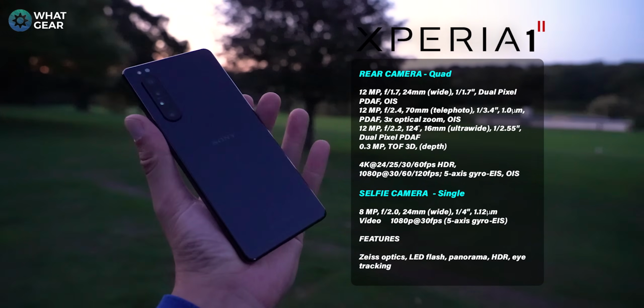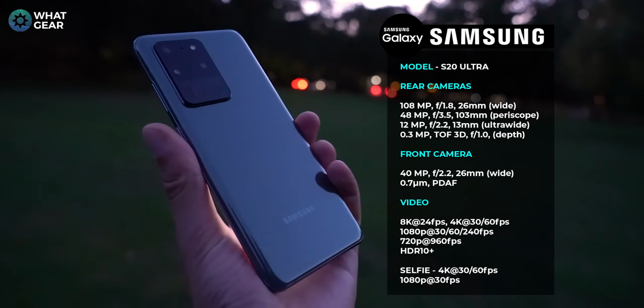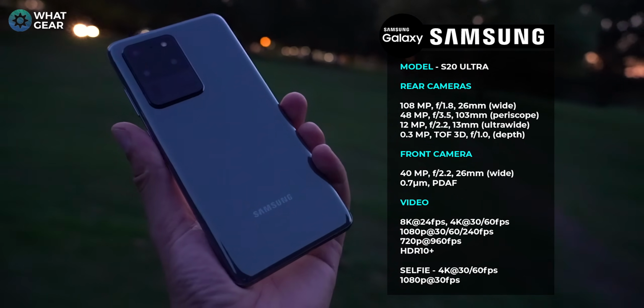Welcome to WhatGear reviews for the night comparison between the People's Champ, the Sony Xperia 1 Mark II, and the flagship Samsung S series phone, the S20 Ultra, and one of the top rated smartphones when it comes to camera,